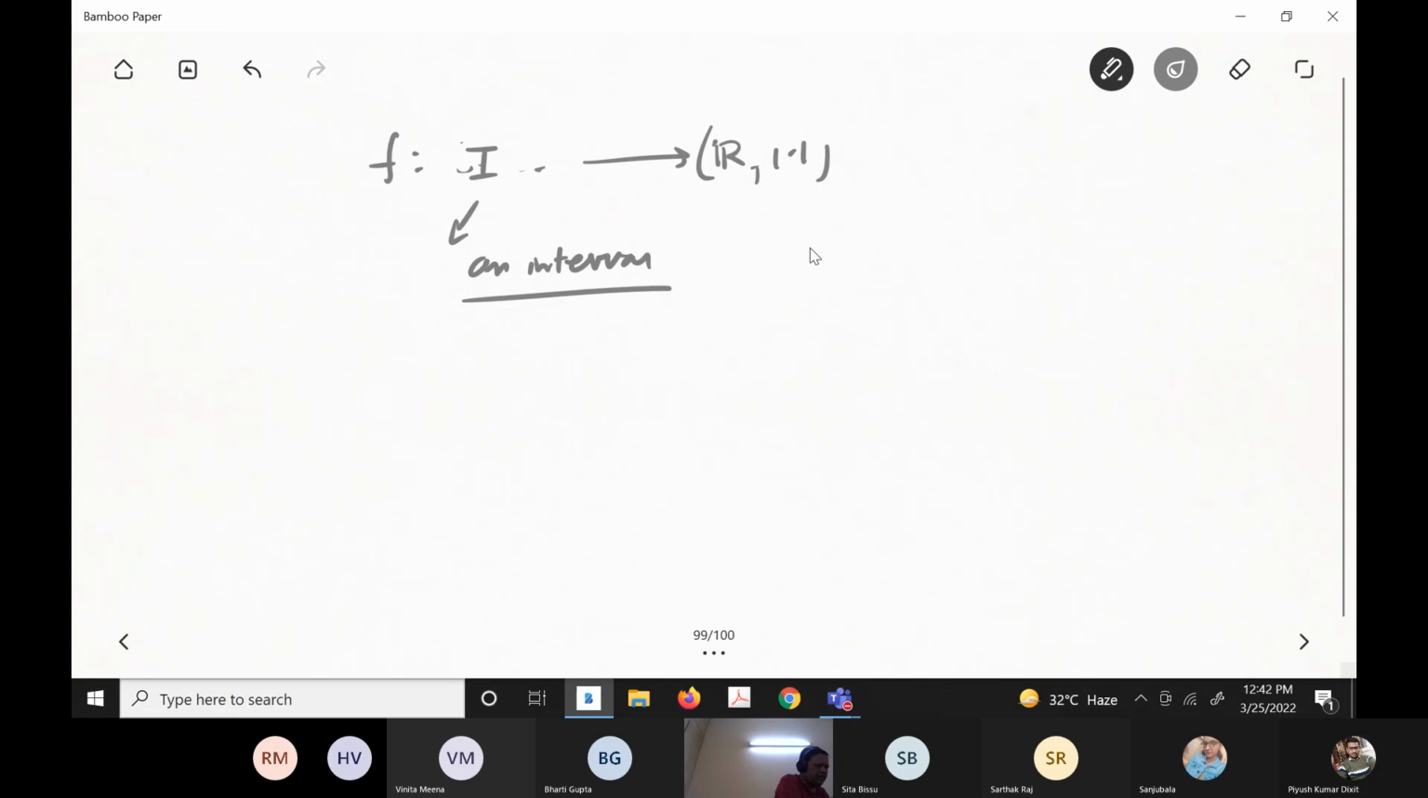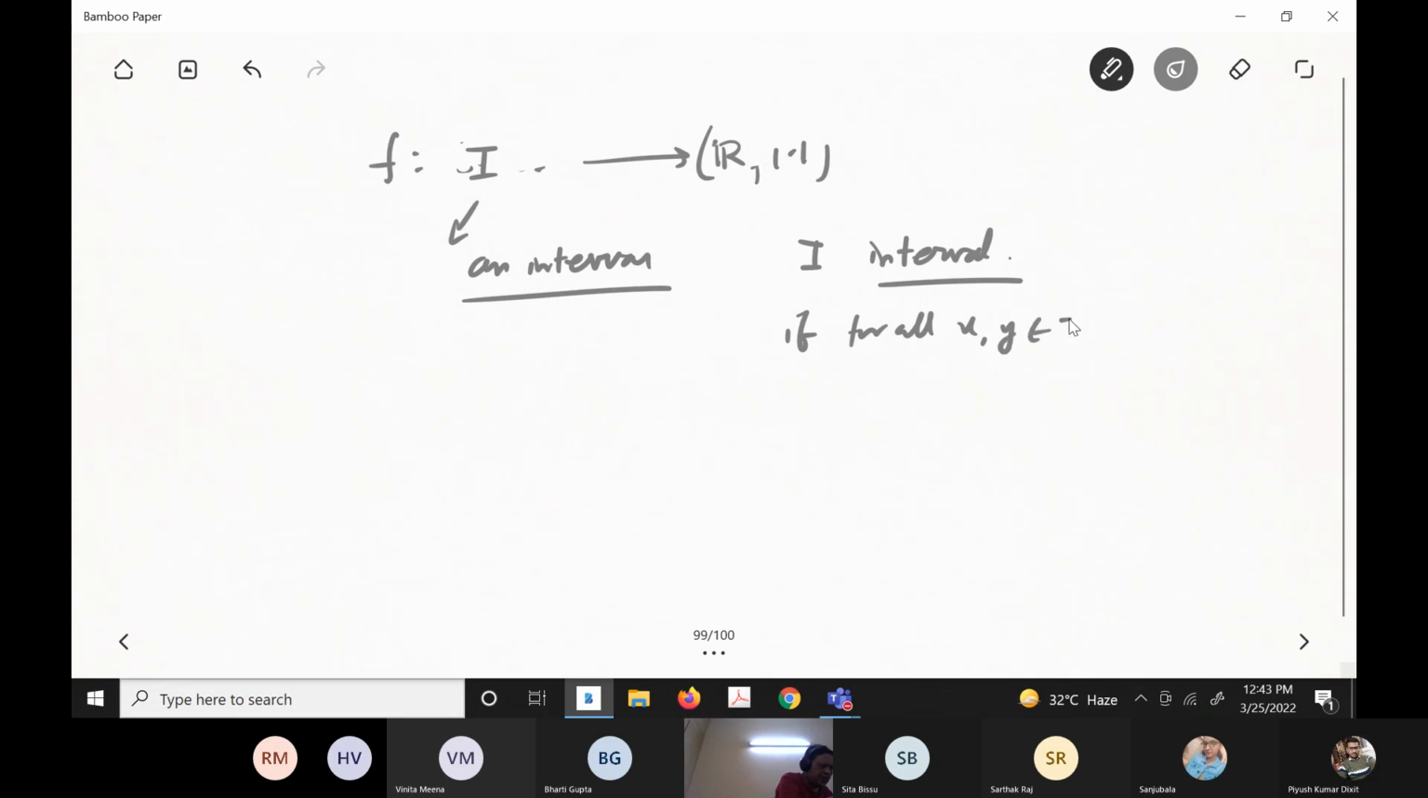An interval's proper definition. How do you define interval? Okay, let me tell you the definition again. You need polygonal connectedness. So what is the actual definition? I is called an interval if for all